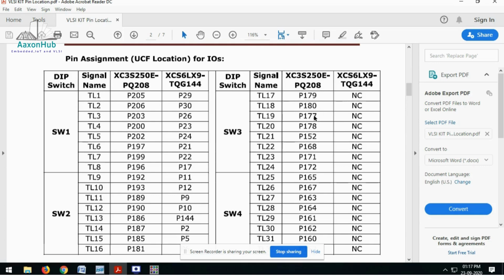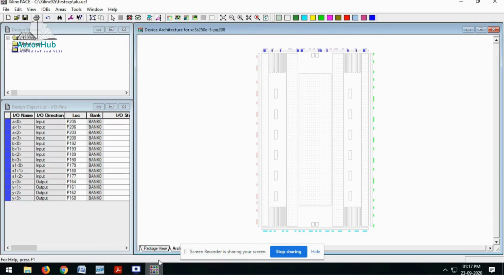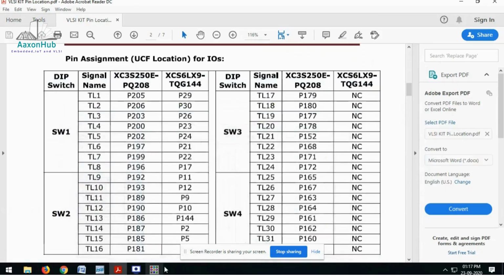You need to select these pins, and the output pins are P165, 167, 163, and 164. These pins you have to apply here in your UCF for your 4-bit ALU.